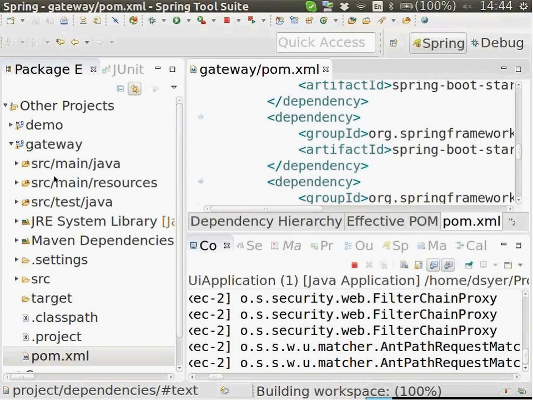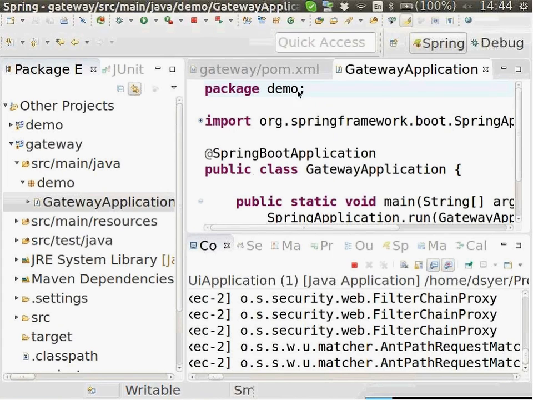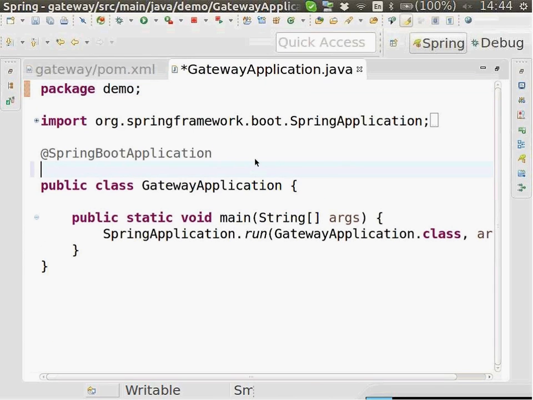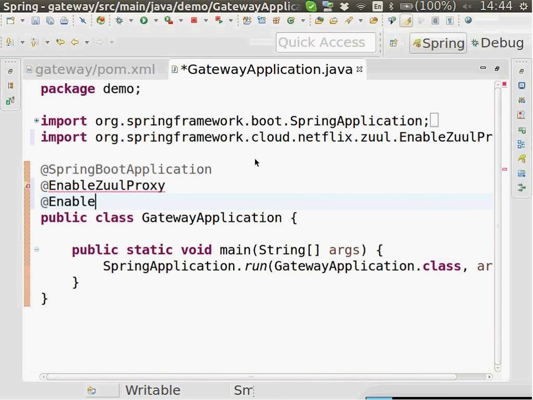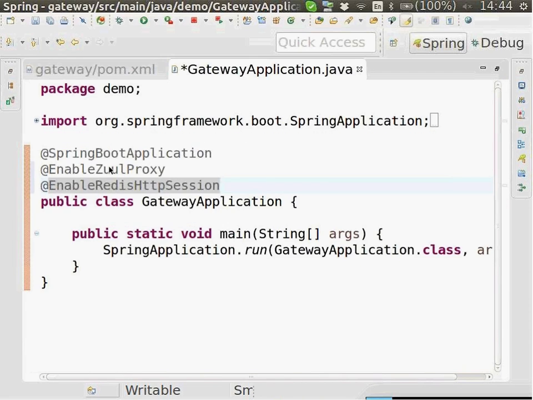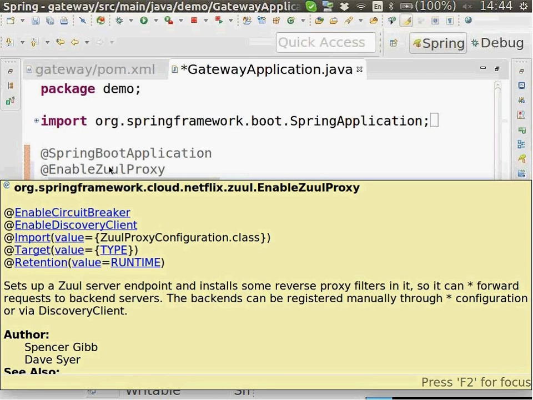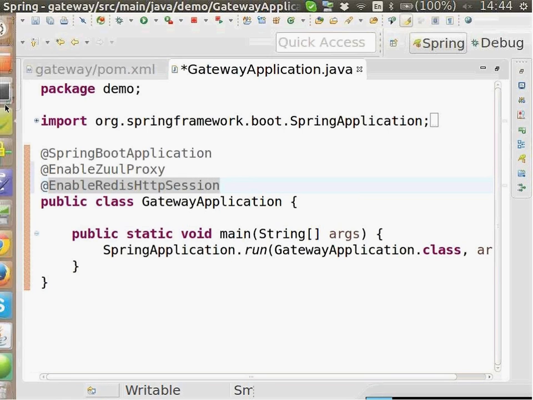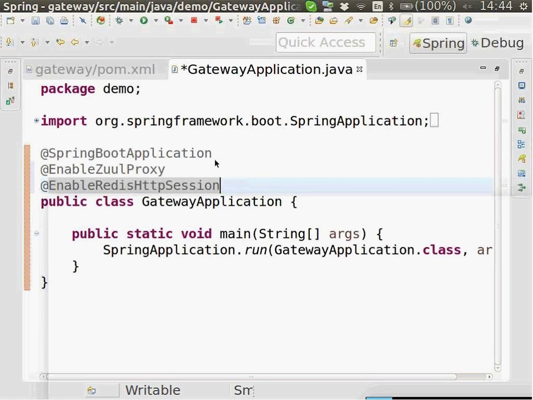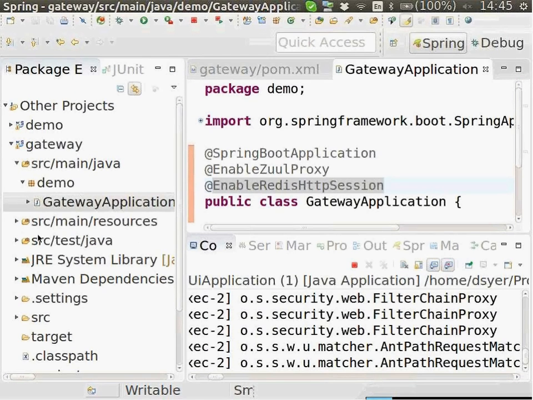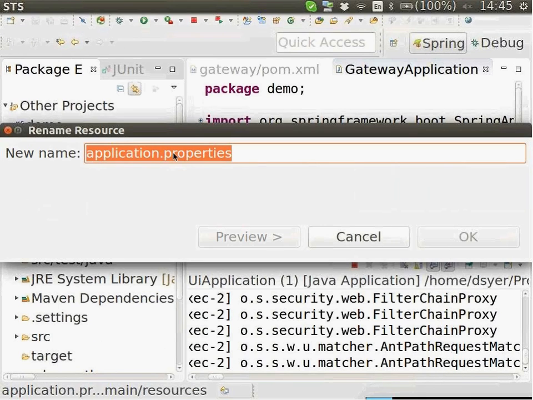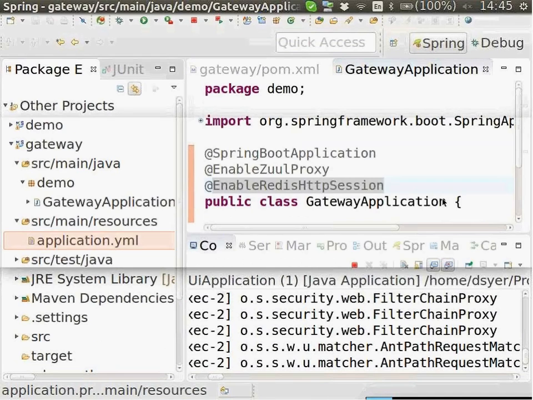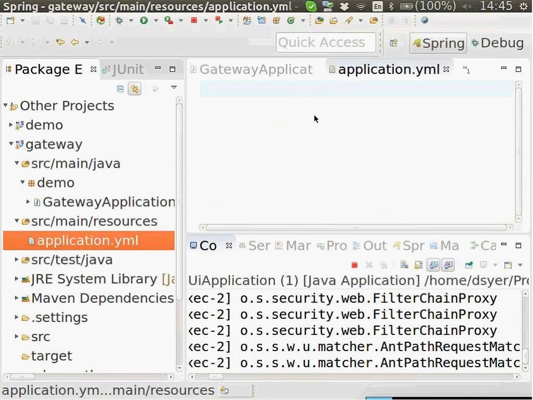And then in my main application, I'm just going to @EnableZuulProxy and @EnableRedisHttpSession. So this is the Spring Cloud thing. Set up a Zuul server endpoint, and this is the Spring Session thing. So that's in terms of Java code, that's finished. All I need to do actually is I'm going to rename this file as application YAML, because YAML is easier to work with for this. So I'm going to add